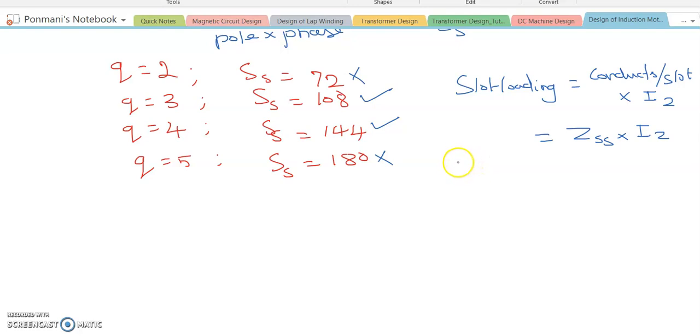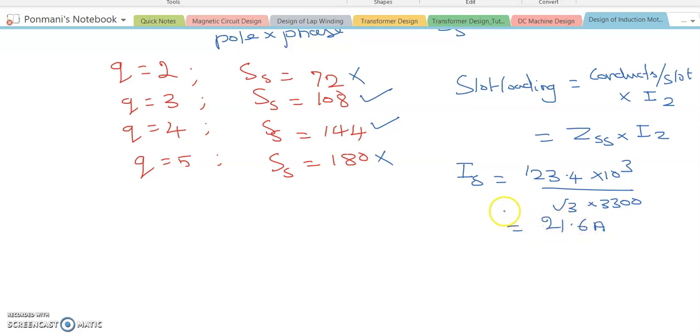KVA we have already calculated. So from KVA we can calculate this stator current by KVA divided by, that is, 123.45, the KVA we have calculated, converted into amperes: root 3 into line voltage, given in this problem as 3300 volts. On substituting, this IZ we will be getting 21.6 ampere, and this is also equal to I phase because it is a star connected machine. So line voltage and phase voltage are the same, and nothing is mentioned about the number of parallel paths, so that will be considered, and IZ is known.